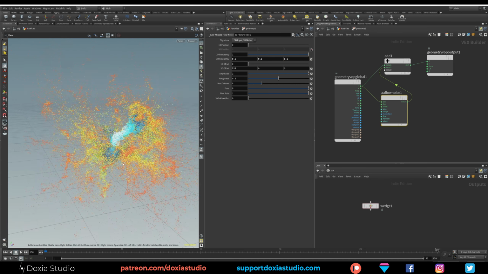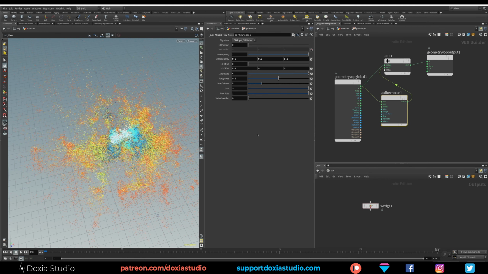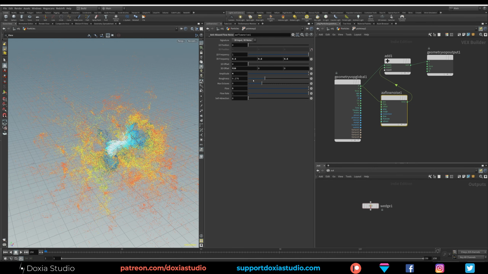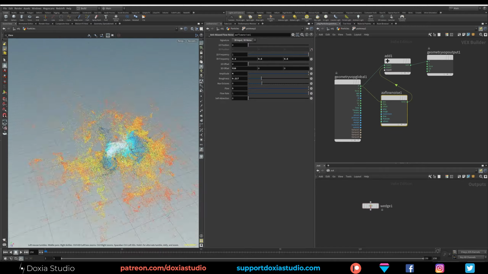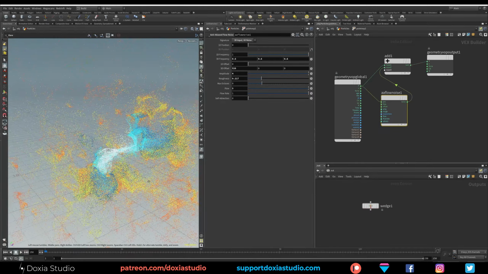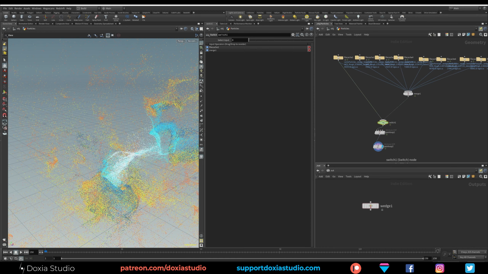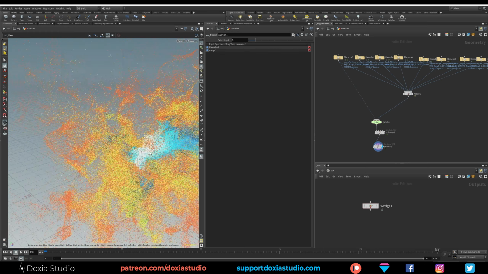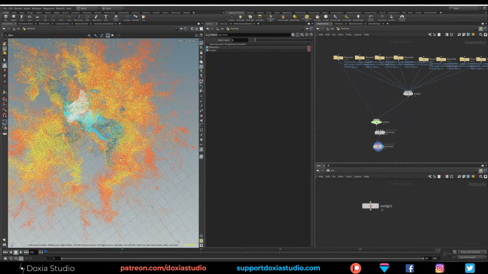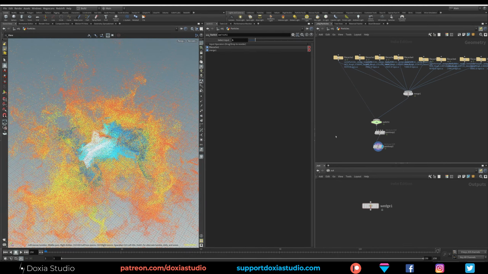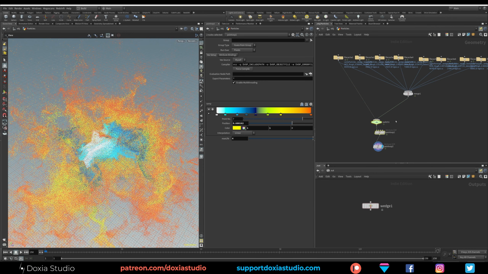0.6. And as you can see, we are working pretty fast here with this low res. Okay, we have a really nice system. And when we are ready to check how it looks at the final one, just change the switch back to 1 to use the second input, and it will use the high res number.